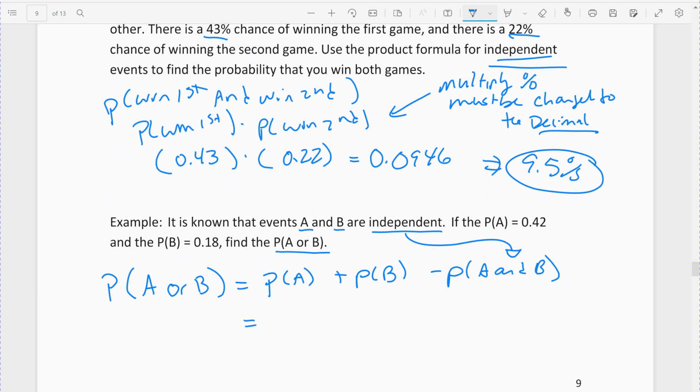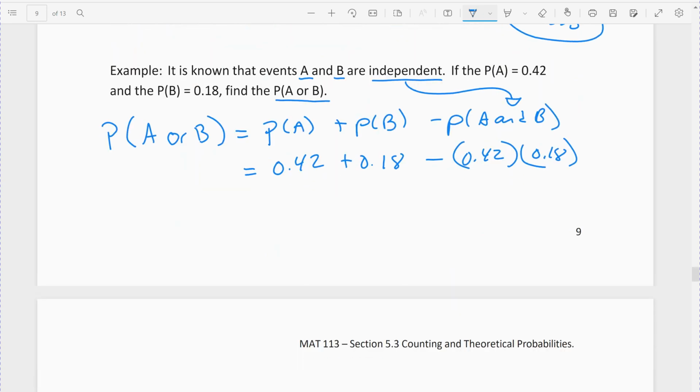Right? The probability of A was 0.42 plus the probability of B was 0.18. When we find the and statement, we multiply. It's the probability of A times the probability of B. So we take our 0.42 times our 0.18. And we get, so I'm going to simplify. This comes out to